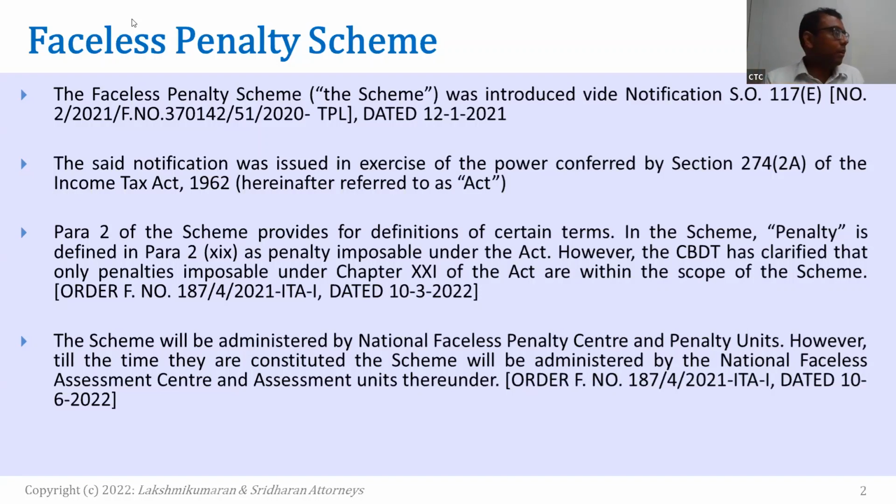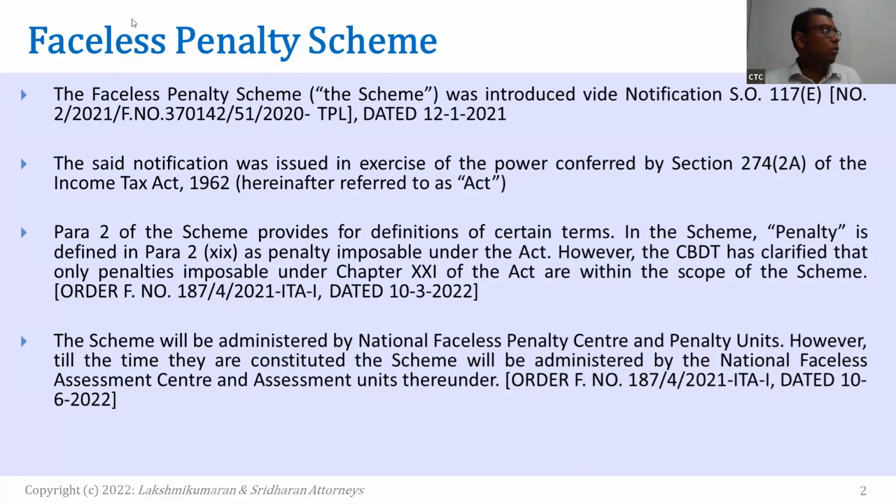Those officers, after receipt of the intimation of initiation of penalty proceedings, will conduct the penalty proceedings and, wherever required, take the assistance of the penalty unit for further investigation. Like the investigation wing in assessment, penalty also has similar provisions where further investigation has to be done and the matter is referred there. That investigation wing then passes its report to the penalty unit. The penalty unit will have a draft order of imposition of penalty, which is forwarded to the national penalty unit, which then forwards it to the review unit.